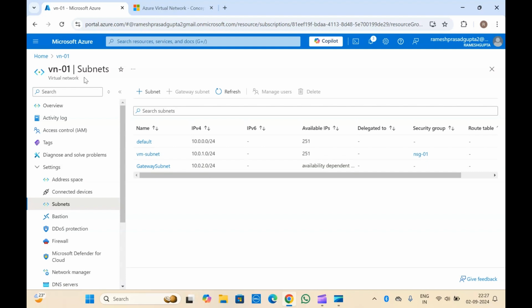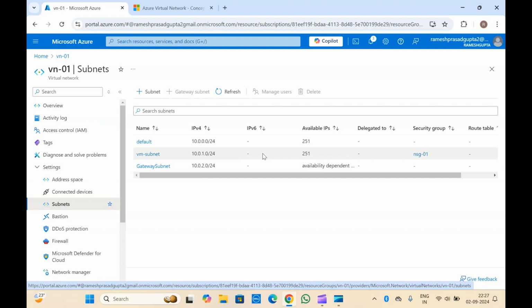Okay, now let me create one subnet first. To create the subnet, go to your virtual network and click on subnets. Here you will get all the subnets which you might have created. Okay, click on subnet,